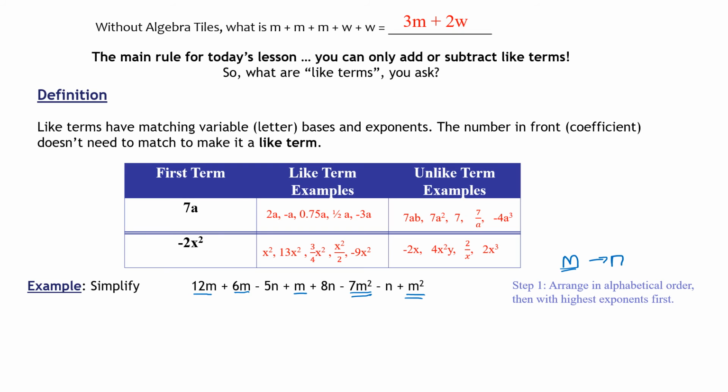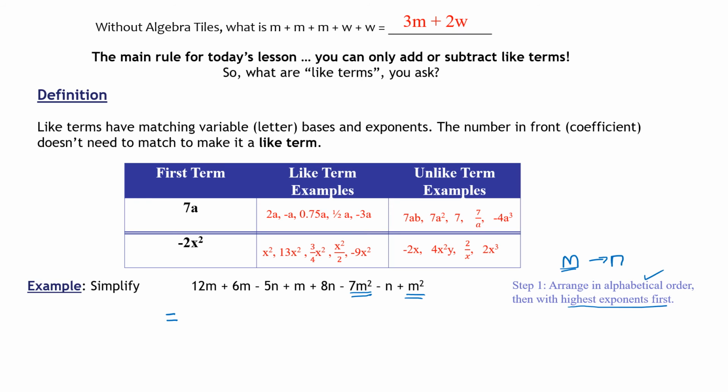Once we're done with the alphabetical order, so we looked at the m's first, now we have to look at the highest exponents first. So actually these m squareds are going to be first in our list when we write them down. So let me erase the other ones. So the m squareds are going to go first. So I start with an equal sign,